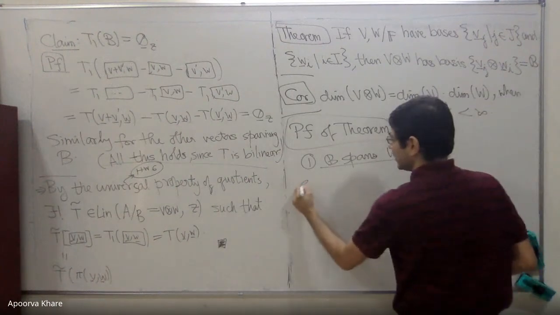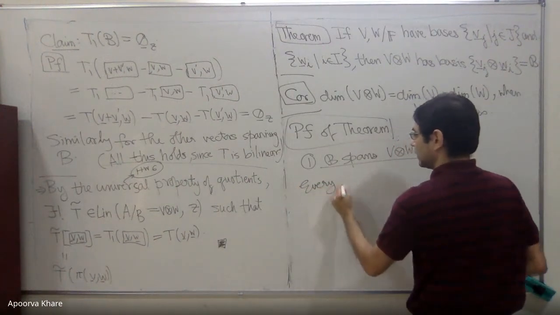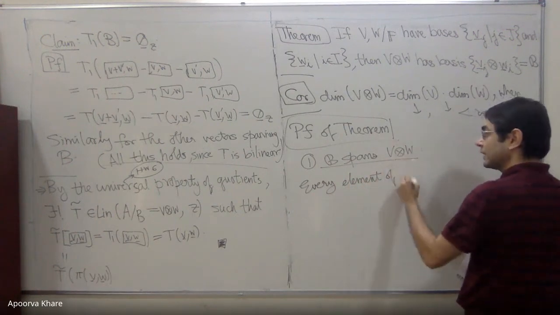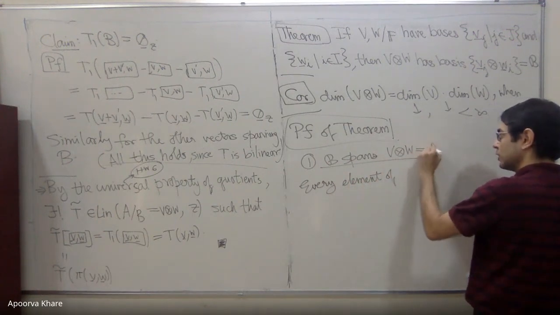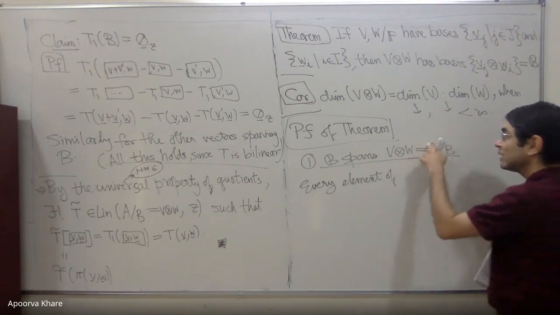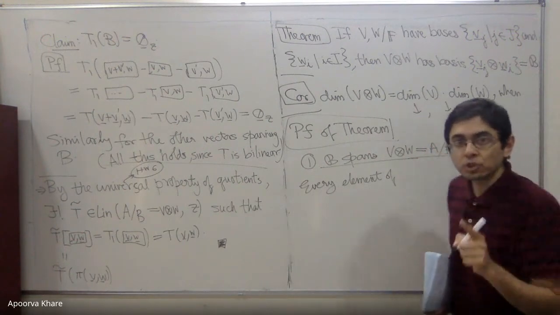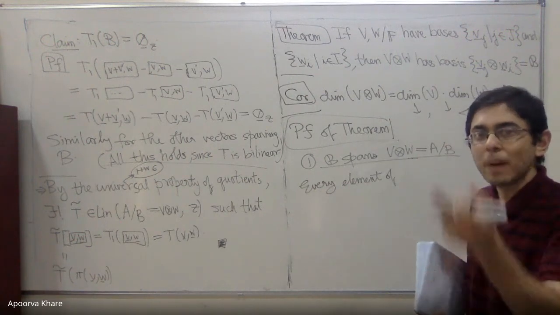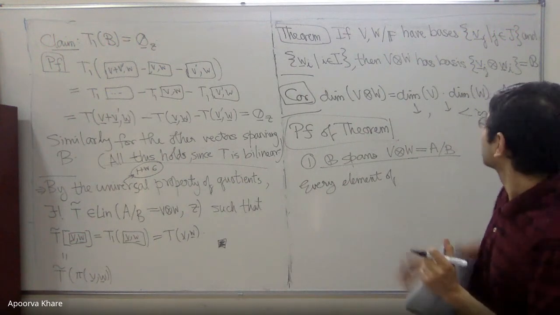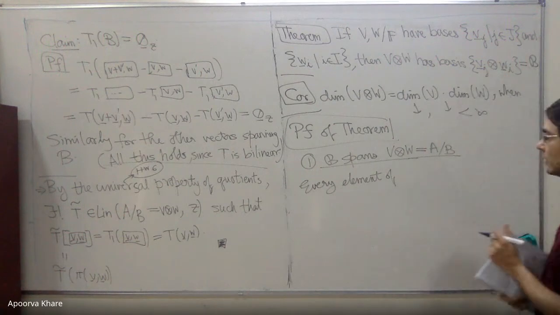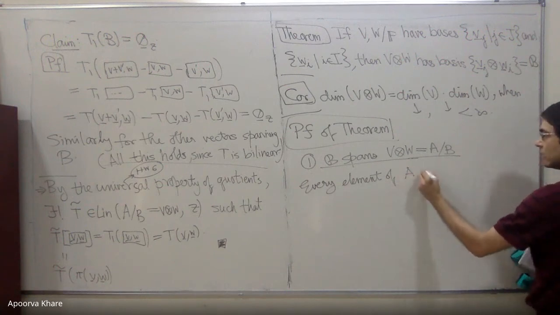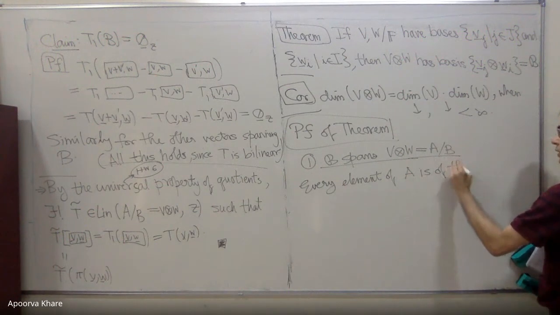So, every element of V tensor W. Remember, this is A over V, right? So it is the set of equivalence classes of A. So it's enough to show you that every equivalence class of A is a linear combination of equivalence classes of these things. Right? So every element of, let's say, A itself is of the form